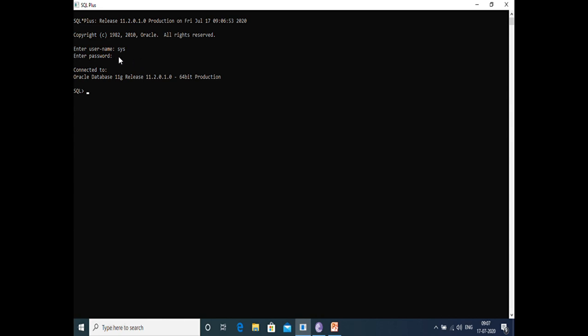To write the password for the administrative DBA account, you just enter the name of the DBA account, for example SYS, and the password. If my password is Apple, then write Apple as sysdba. After writing the password for this account, now connected to Oracle Database 11g. Now you can use your installed database.